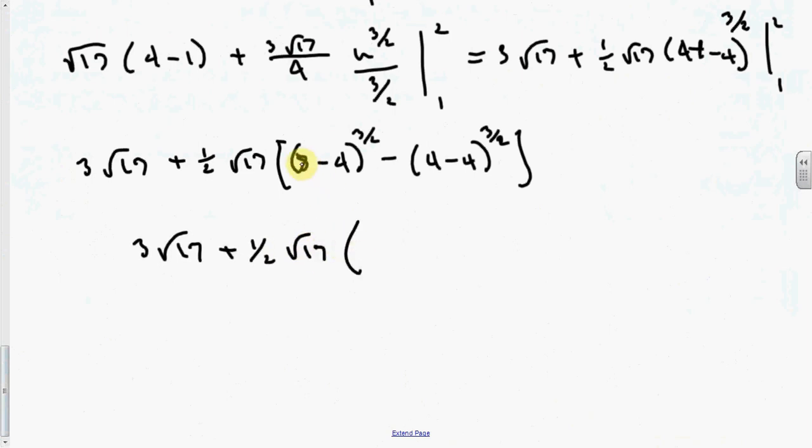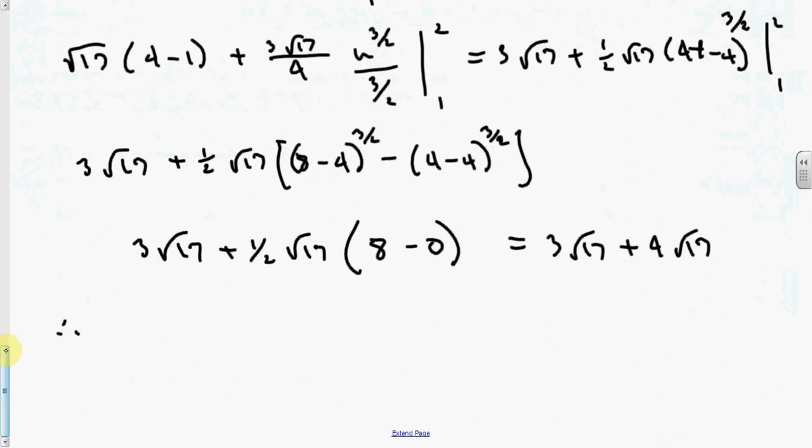So that's 3 times the square root of 17 plus 1/2 times the square root of 17. This is 8 minus 4 is 4, and so 4 is 2 squared, raised to the 3/2, that's 2 to the third, that's just 8. This is 0 there. So we get 3 square root of 17 plus 4 square root of 17. Right? And this was for r sub 2. This is for that second part. So we conclude that